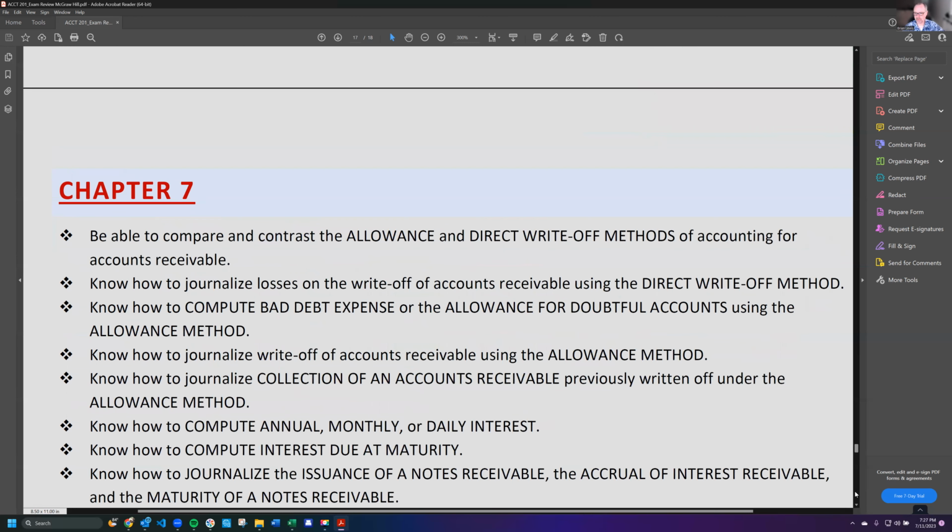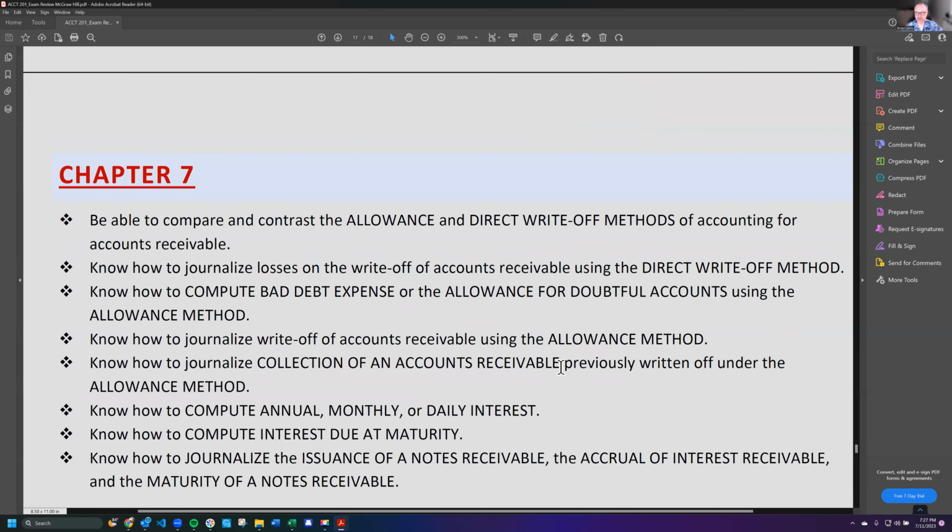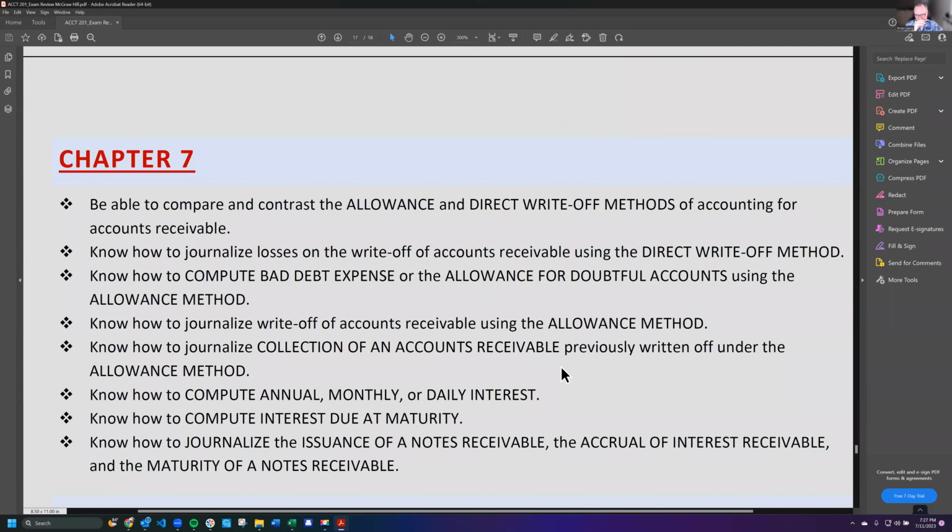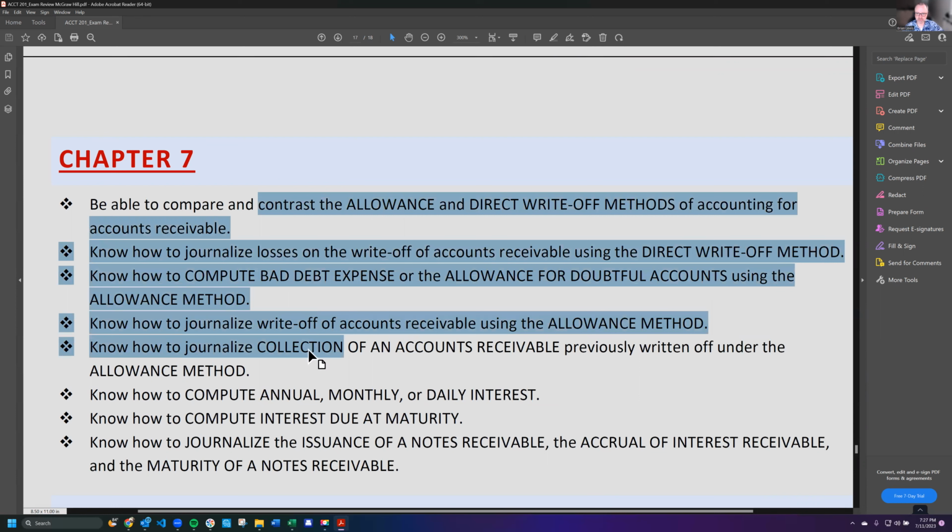Let's see, chapter 6. Okay, chapter 7, all bad debt related stuff, usually along the allowance for doubtful accounts approach, but you also need to make sure you understand the direct write-off method and how you work through that. Now, we've done a couple of that pretty recently, so you should be able to look back at some of the videos